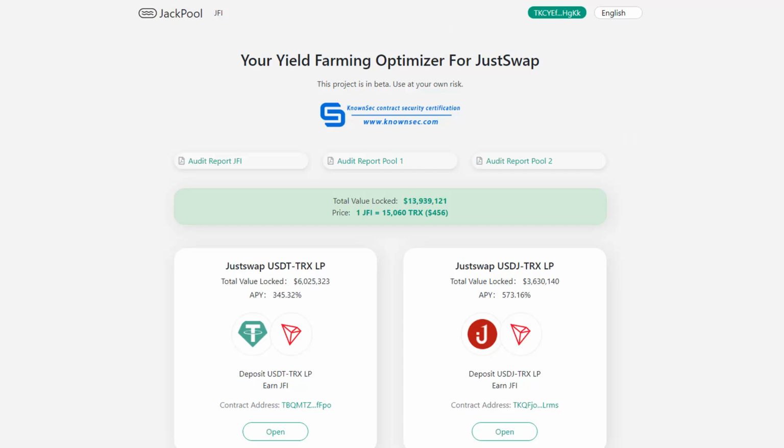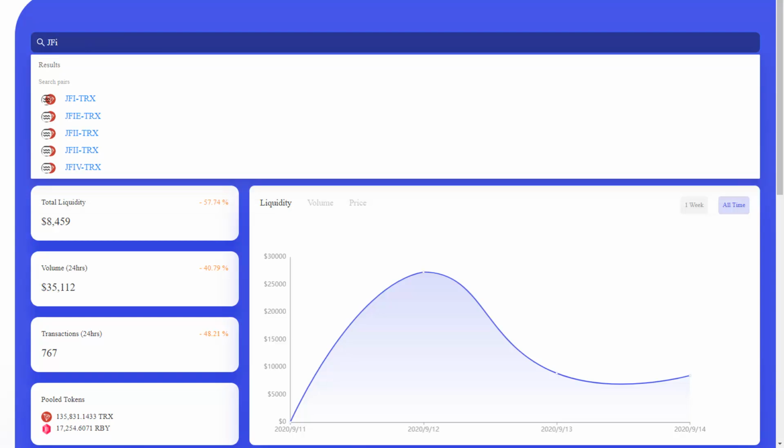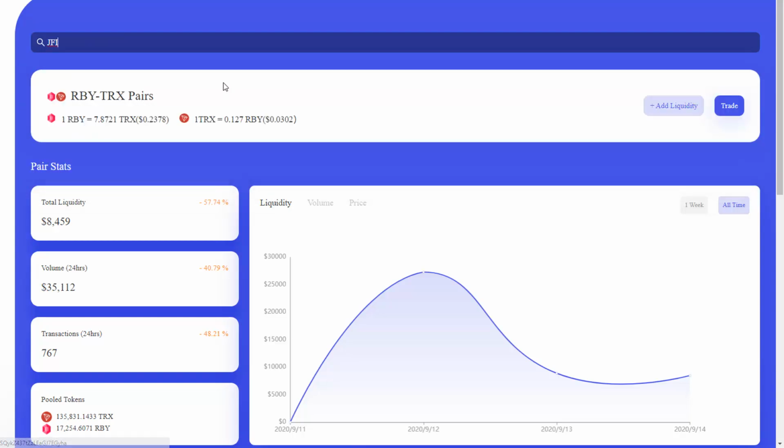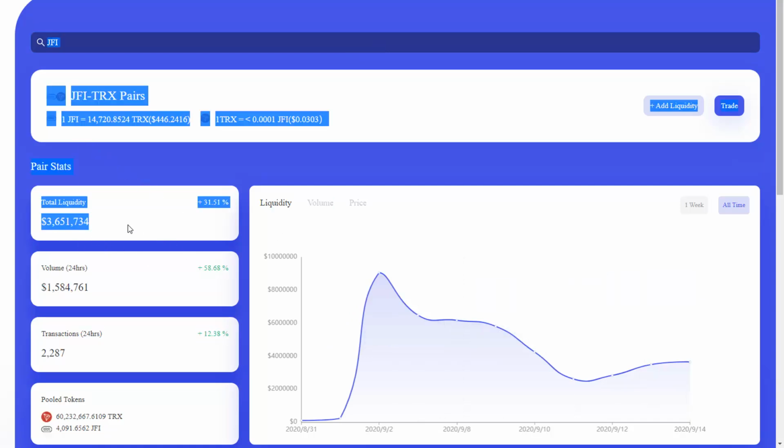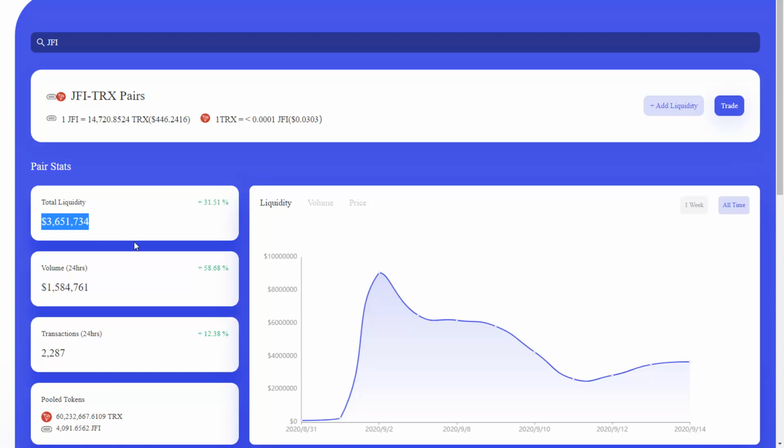So the reason why is because of the liquidity, okay? So the liquidity matters big time, and even though it's dropped a little bit, there's still 3 million, all right? And I think that you're going to see this go up simply because of the listings. It was up here, liquidity was up here 9 million, which is good.